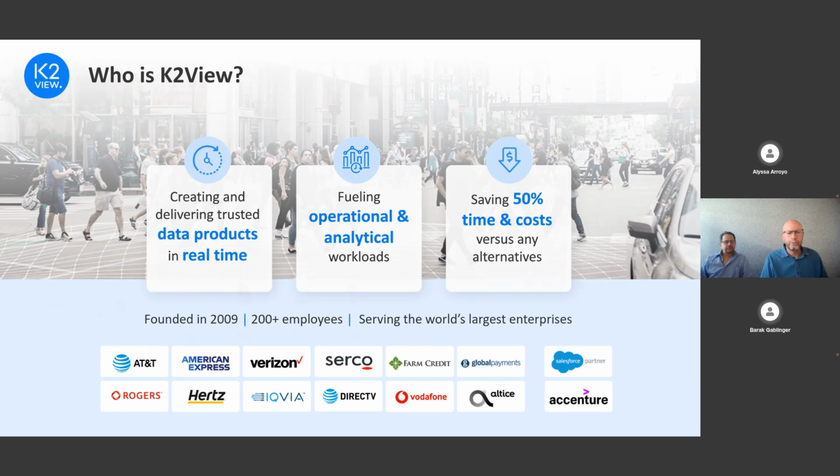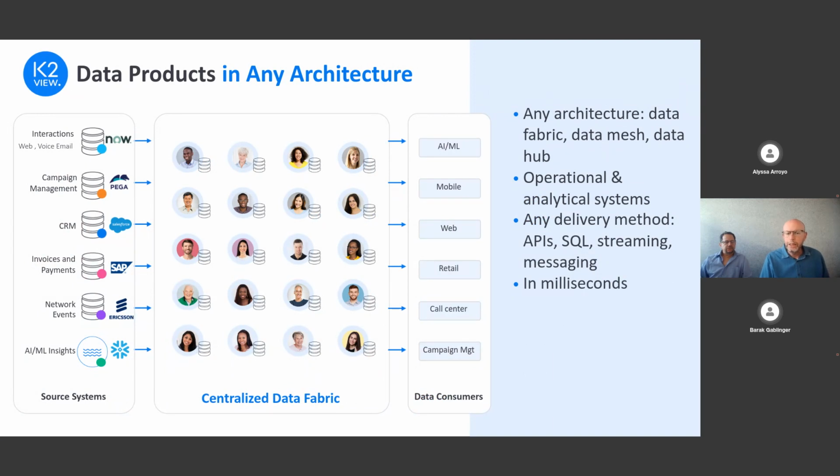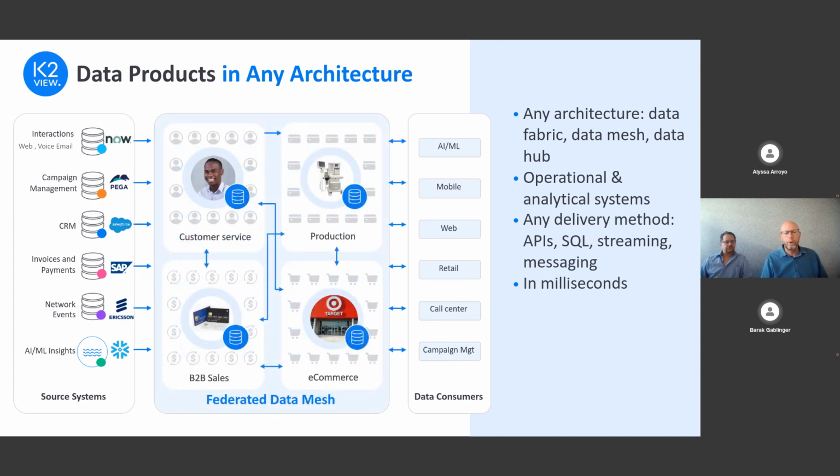Our data product platform can be deployed as a data hub, as a centralized data fabric, but also can be deployed as a data mesh, as Barak very nicely presented in this use case. So any architecture can be deployed using the same foundation. So it's the same technology, the same foundation.